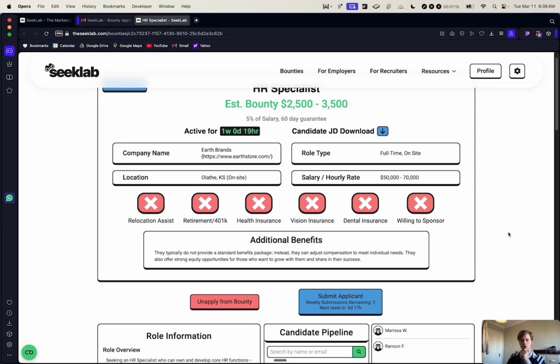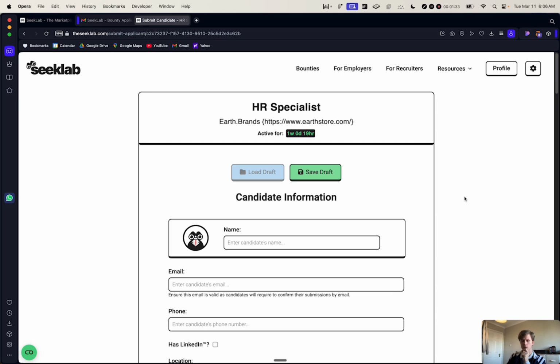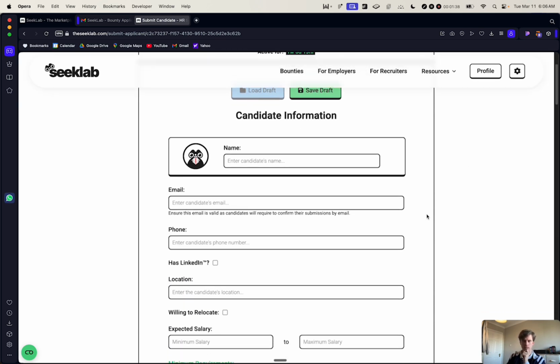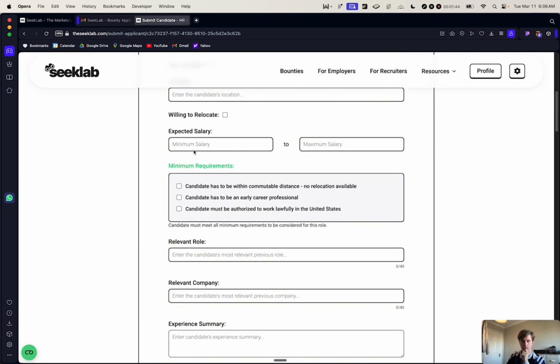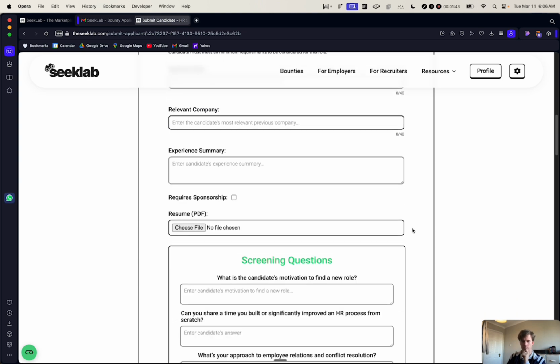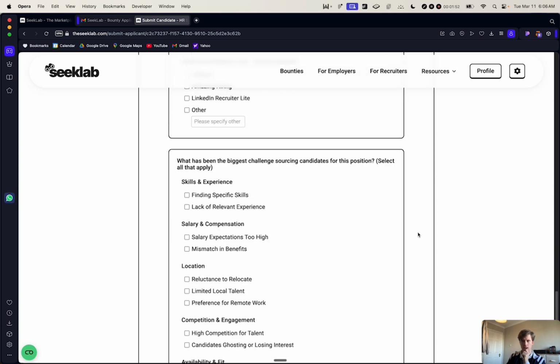Now, let's say that you have now a candidate for this role that you have sourced that you'd like to submit. So still on the same page, you want to click on the Submit Applicant button. And this is a pretty straightforward form where you can enter the candidate's details. Make sure that you're entering a valid email, because once you've entered all of these details, as well as checking that they've matched the minimum requirements we've set and answered all of the screening questions for that role, we do